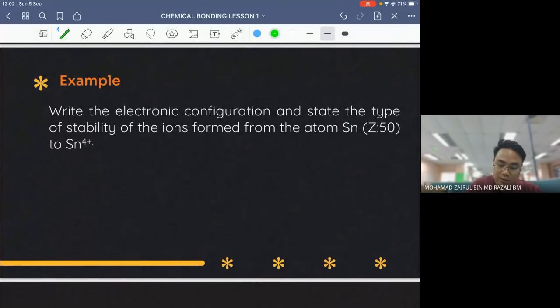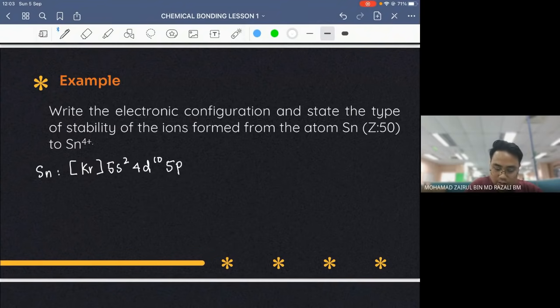So kalau kita tulis electronic configuration for Sn, dia akan jadi krypton, 5s2, 4d10, 5p2. Okay, in order to form Sn4+, kalau awak tengok daripada Sn ini, valence orbital dia adalah 5s2 and